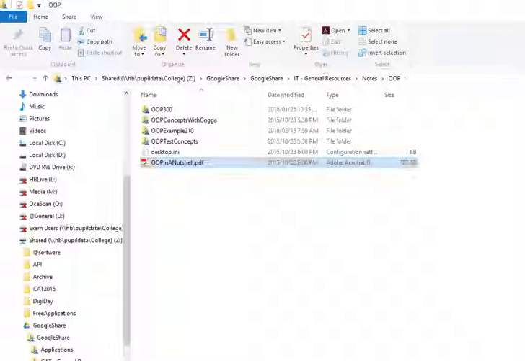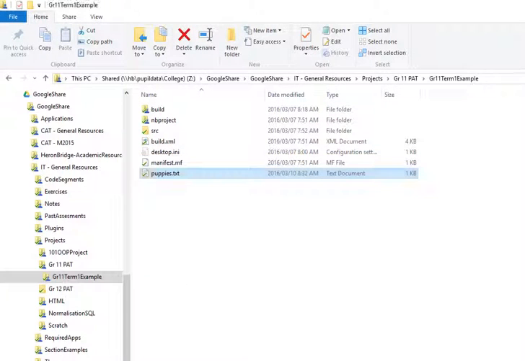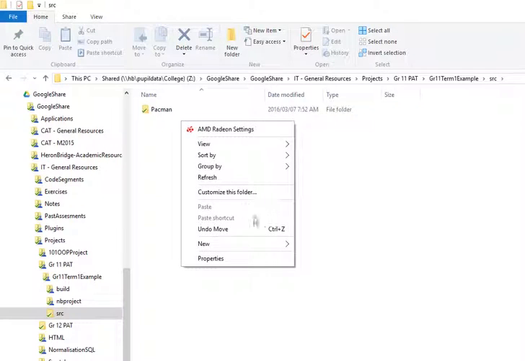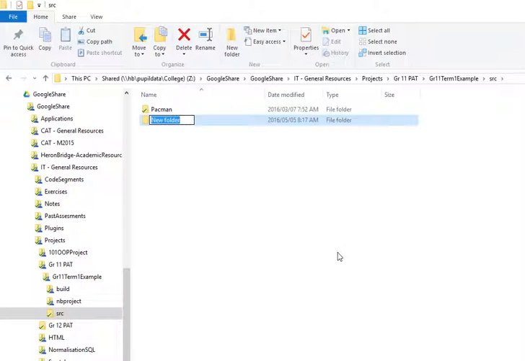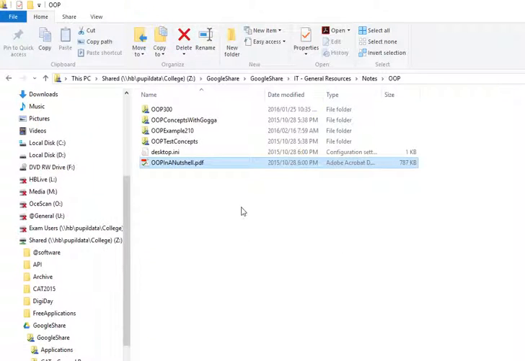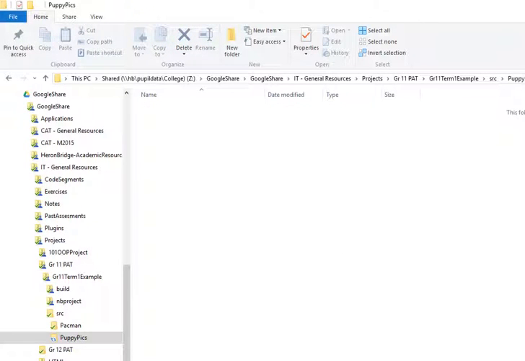But now, inside your project, inside your source code, I would create another folder called puppy pics. And inside puppy pics, I would create images inside there. I would suggest you format the images using Faststone Photo Resizer, or whatever you want to bulk resize,